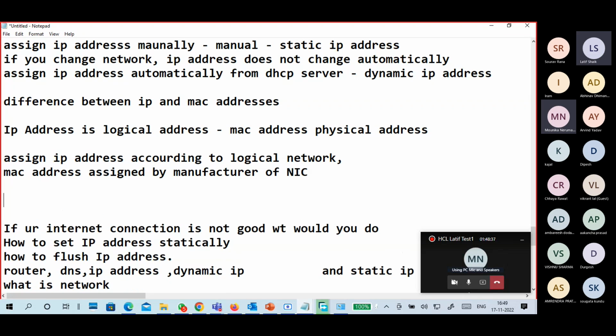So for IP address, we have IPv4, which is 32-bit. You tell me. The IP address is also the main communication address. Very good.